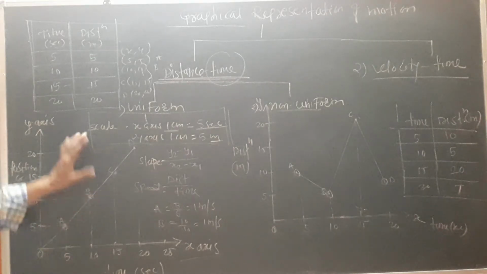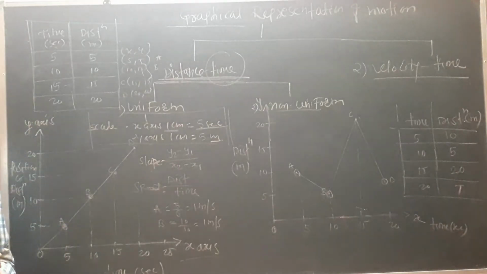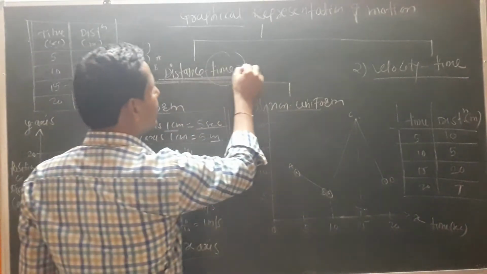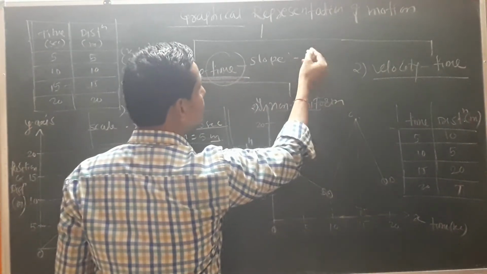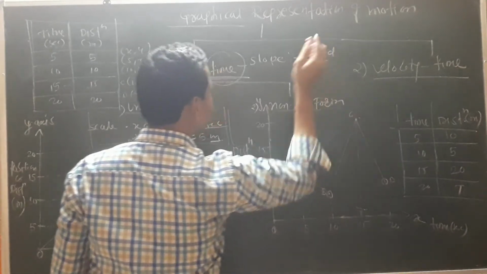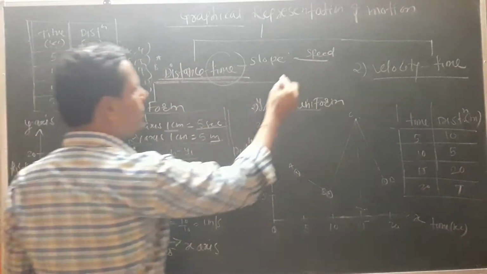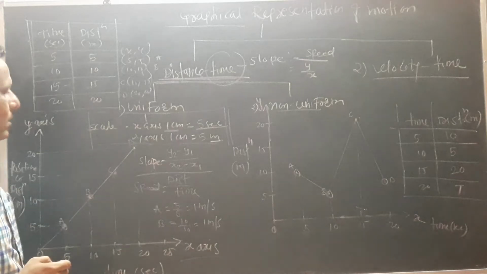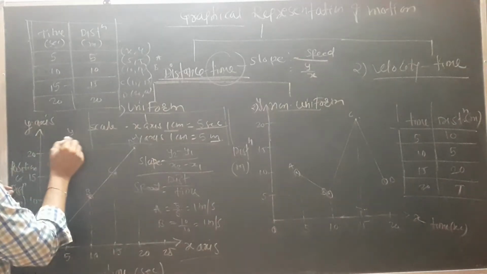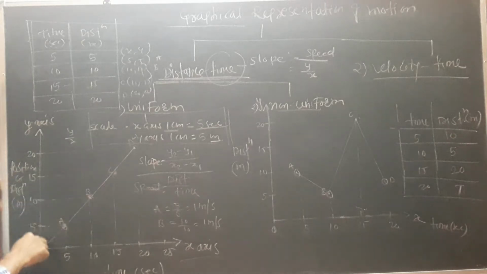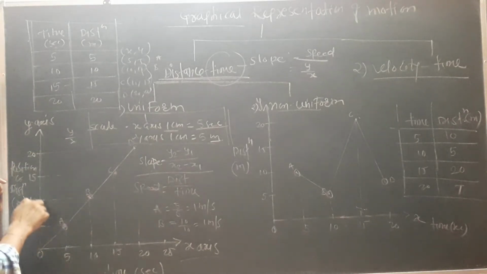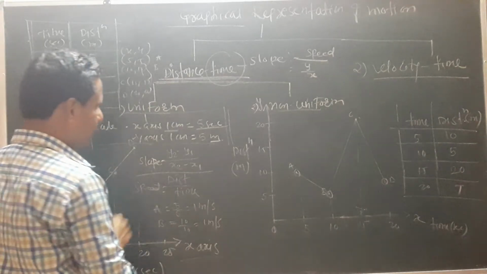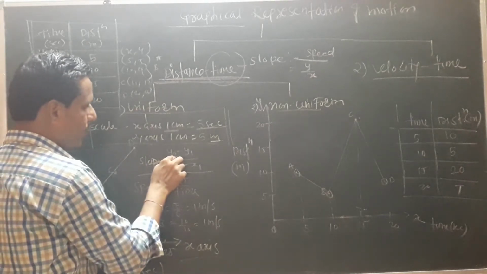Now for the distance time graph, we have a slope. So what do you mean by slope? The slope of the distance time graph gives the speed. How does it come? Normally slope means what? The slope is nothing but y upon x. But here if I put y upon x, which variable? There are so many points, 1, 2, 3, 4, like that, whatever points we have. So for that, how can we find this slope? Slope is equal to y2 minus y1.